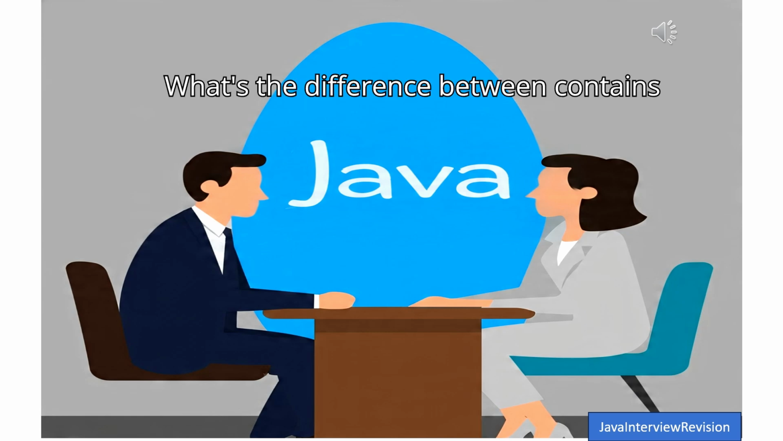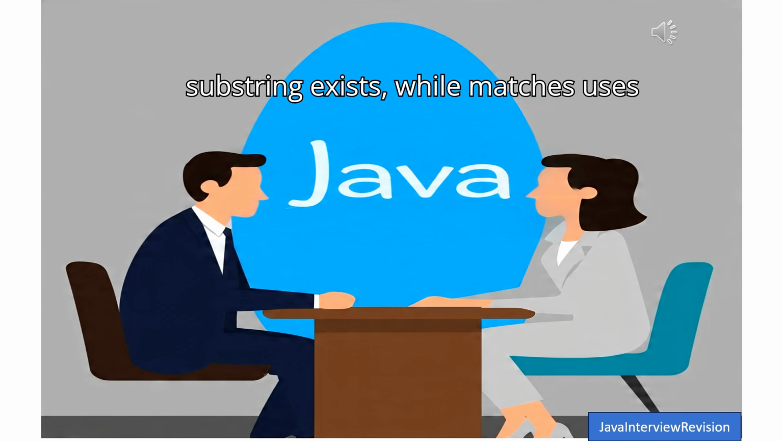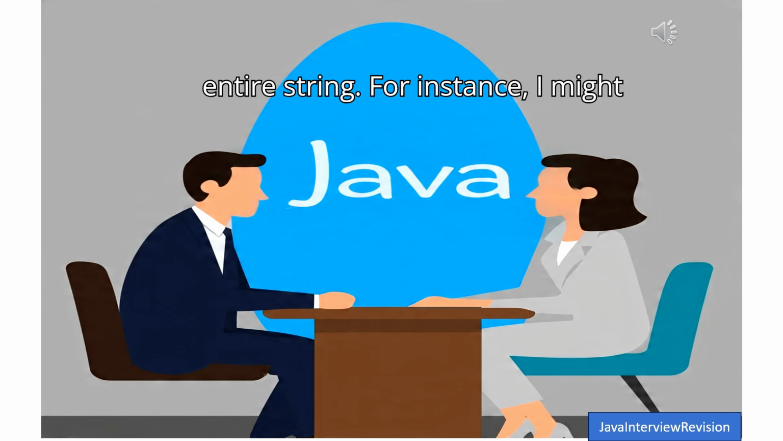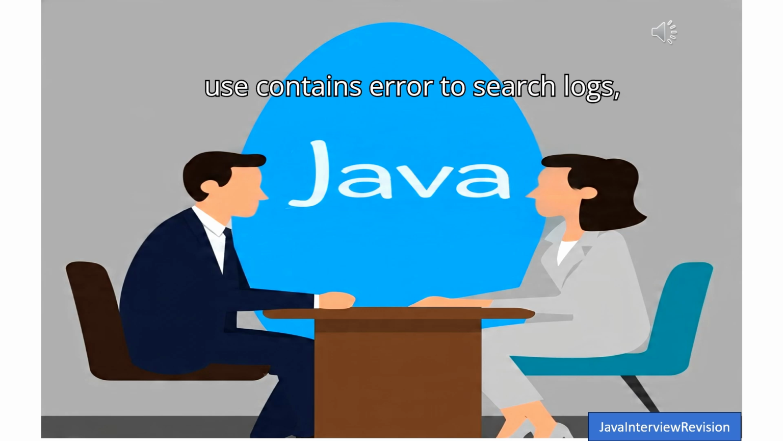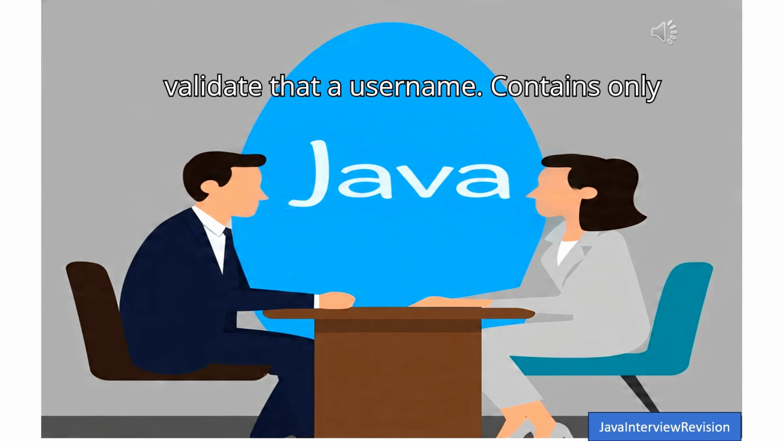What's the difference between contains and matches? Contains checks if a substring exists, while matches uses regular expressions to validate the entire string. For instance, I might use contains("error") to search logs, but matches("[A-Za-z0-9]+") to validate that a username contains